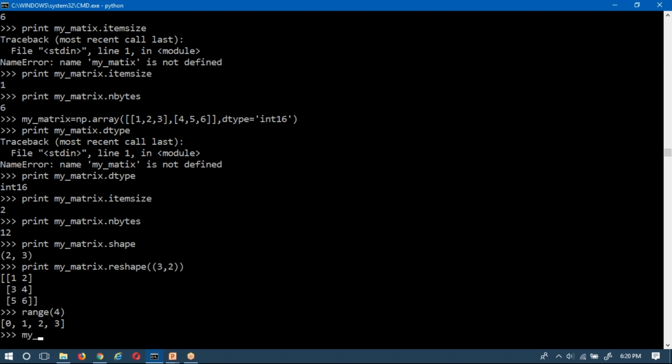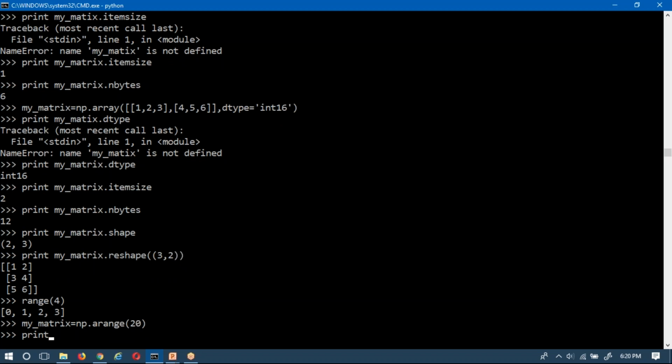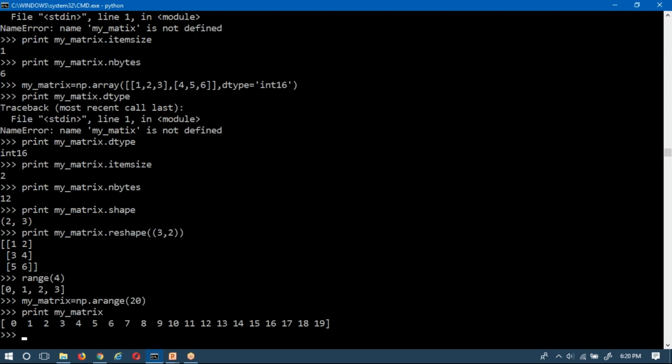Let me take my matrix and create it with the help of arange. I am going to write, let me take 20. Now if I print my matrix, you get a one dimensional array consisting of values 0 to 19, because you are giving range as 20.